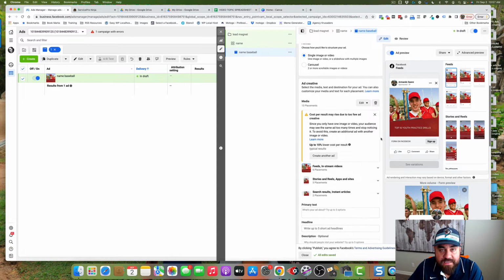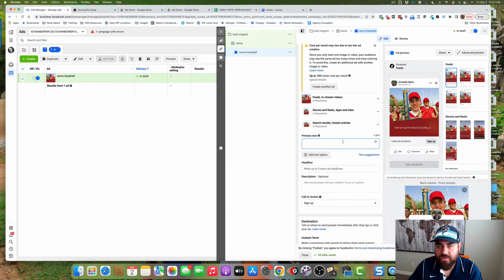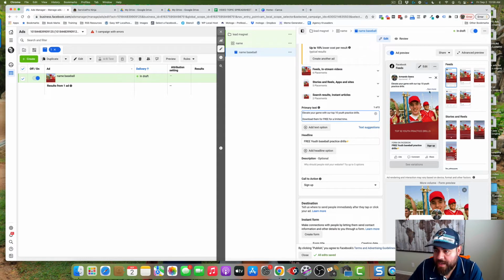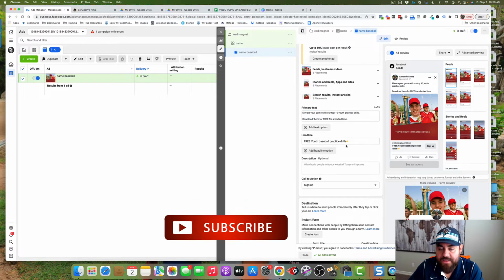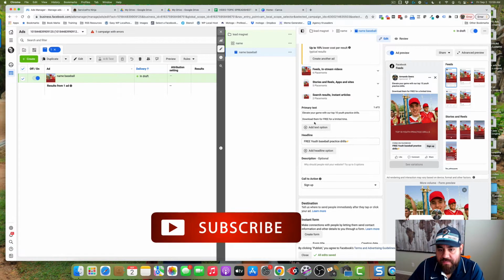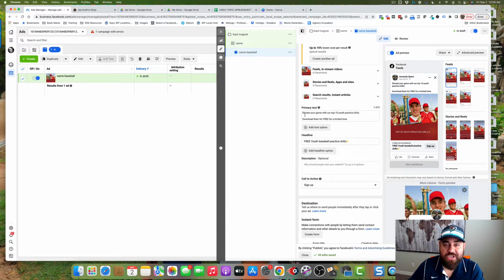Right. The next step that you're going to want to do is actually create your primary text in here to entice people to download your lead magnet. So I went ahead and copied my text in here, and for this example, I'm just going to be giving away some practice drills for baseball, and I'm going to have as my primary text just exactly what I'm giving away and why this is beneficial. So in my case, I put, elevate your game with our top 10 practice drills, download them for free for a limited time. And then as my headline, I just put youth baseball practice drills,